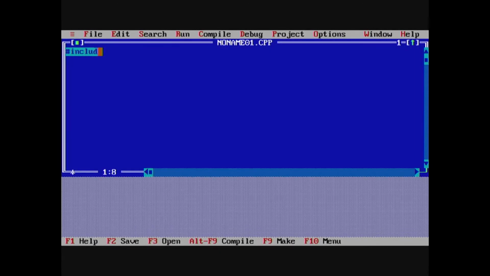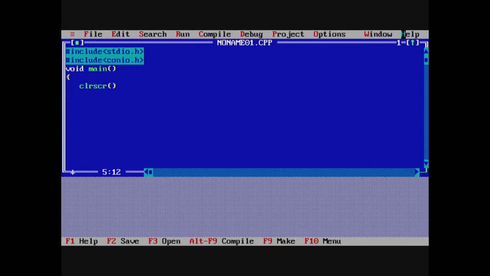Now, you just enter the program in the editor. Hash include stdio.h, this is the standard header file, and you include another header file, hash include conio.h. Then you start the main function, that is void main within curly braces.